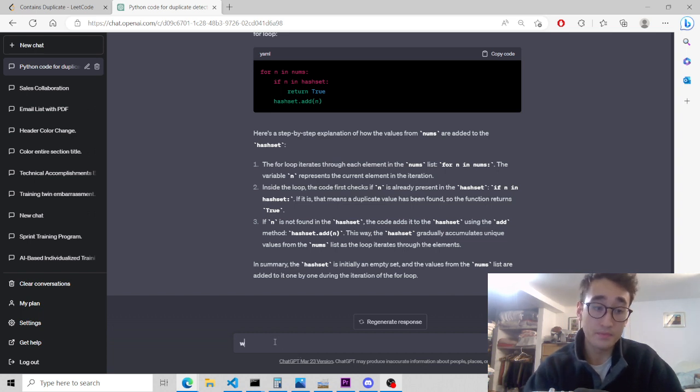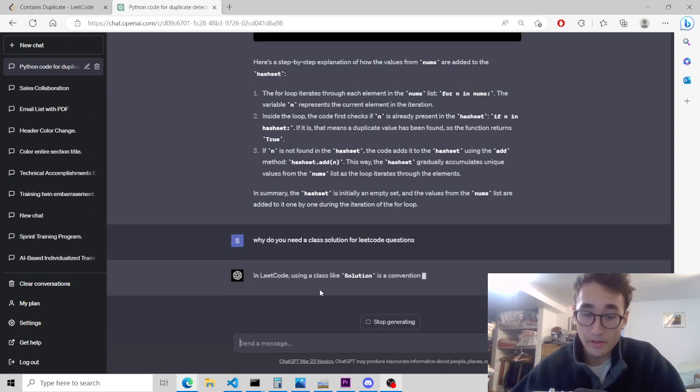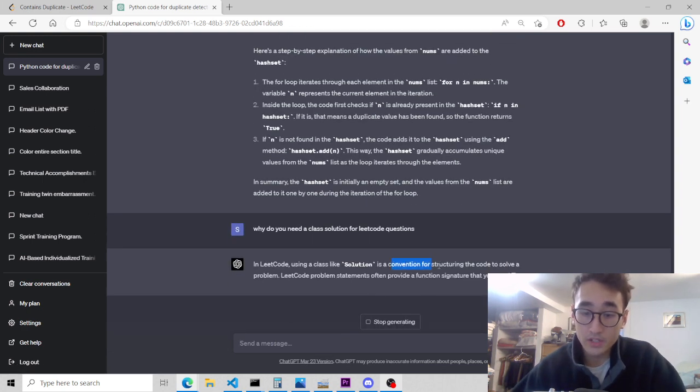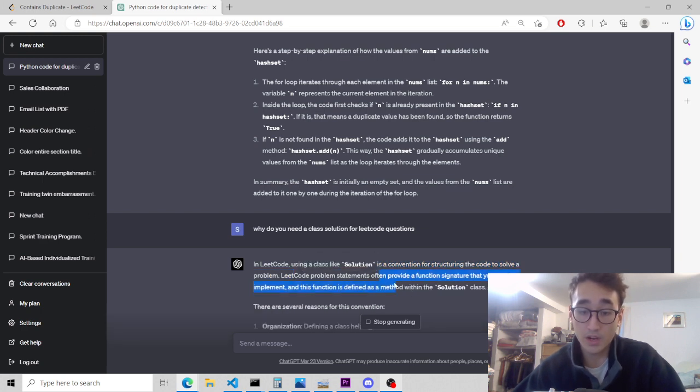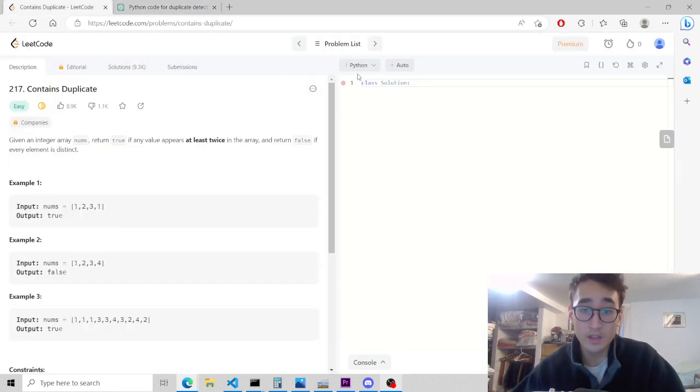Why do you need a class solution for LeetCode questions? It's a convention for structuring the code to solve a problem. LeetCode problems often provide... Okay, so we're just trying to organize the